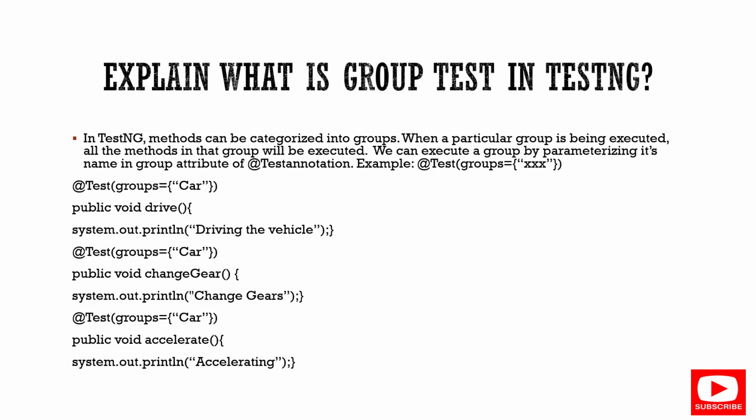Explain what is grouping in TestNG. Grouping plays a major role, because if you want to declare any test cases as functional test cases, smoke test cases, or regression test cases, grouping helps you segregate them into different groups. Like in this case, so-and-so test case is related to functional, one test case is related to regression, another test case is related to smoke. Based on the grouping, it provides an option called groups equal to, and under that you can provide one group name, or you can give multiple separated by commas.